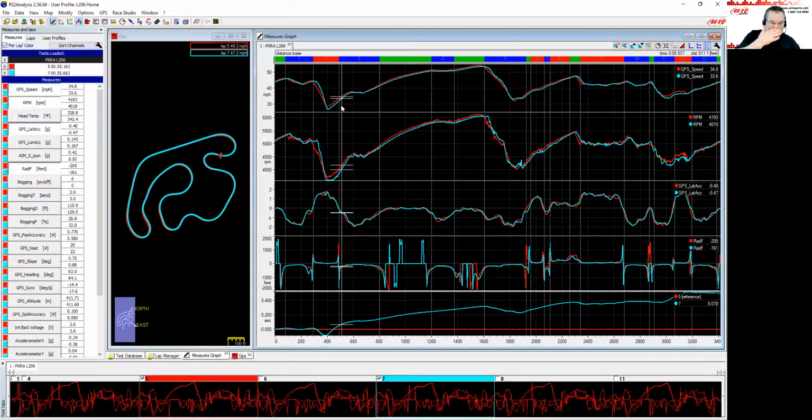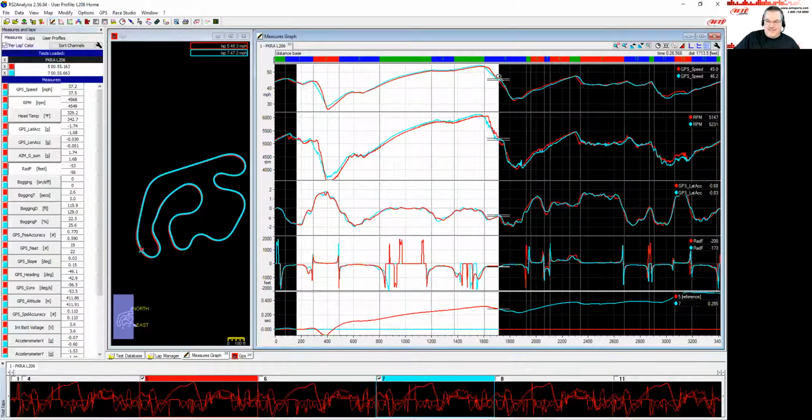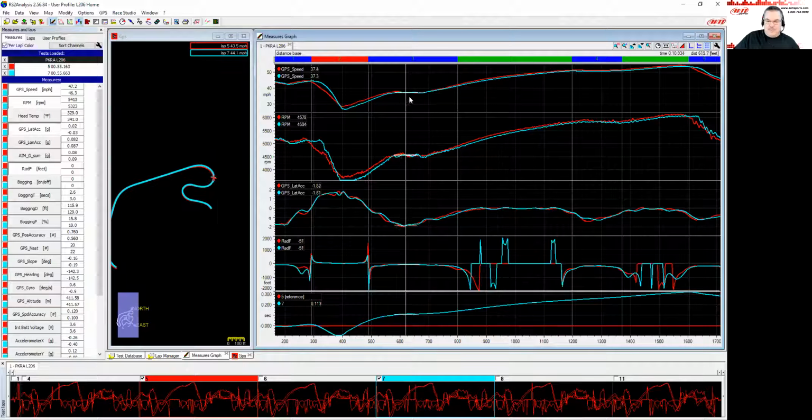And the one last thing before we go on to another topic here: we talked about that corner, right? This corner right here, and we talked about the exit and what it did right here. But if you really look at it, I'm going to zoom in a little bit farther back and just take this whole piece. We really looked at this big long left-hander and the transition and how all of a sudden it was faster on the way out with the red lap. Isn't it interesting that the problem really started, if you start to really think about it,